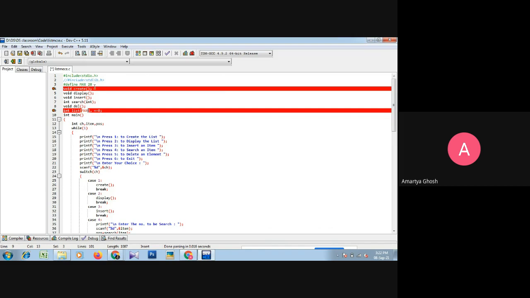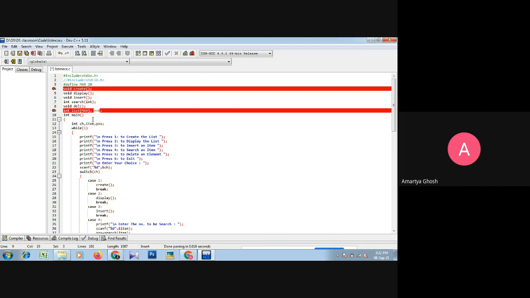Okay. So now n equals 0. Now what is n? n is the length of the list. The maximum size of the array is max, that is 20 right now within the program.